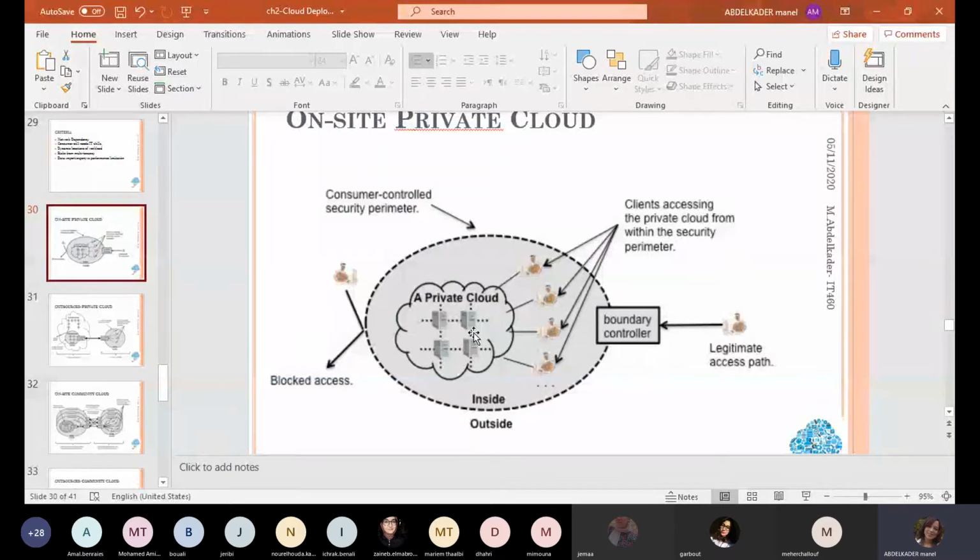So the consumer organization has both visibility and control over where the workloads are allowed to reside. So you can configure it to know what is your data and what is the load or the application, where it is executed. And the risk is from